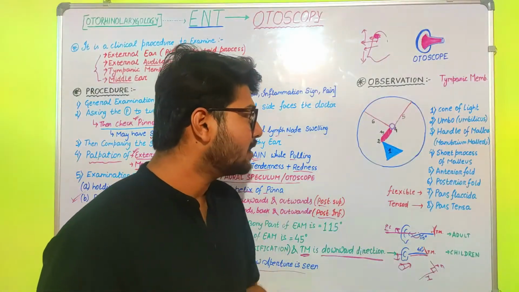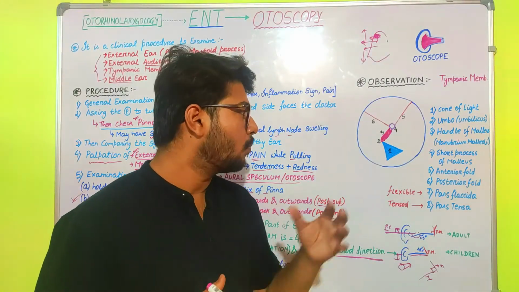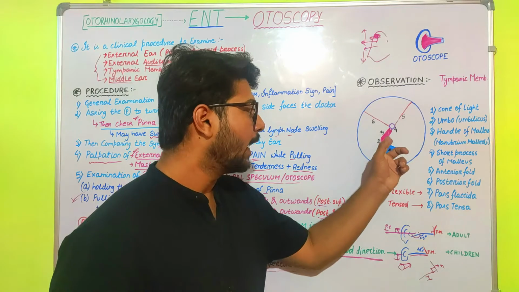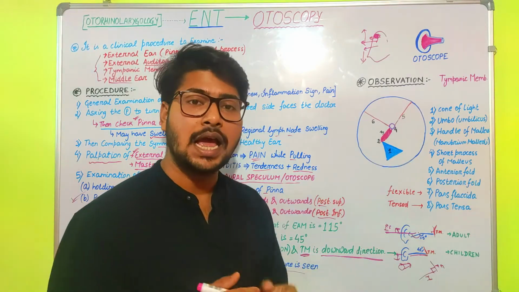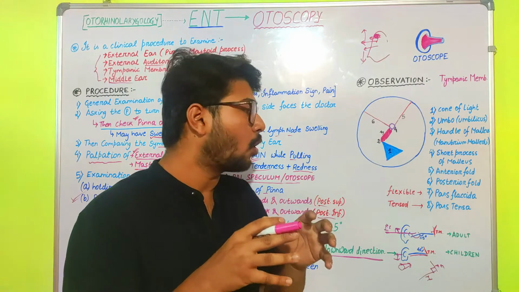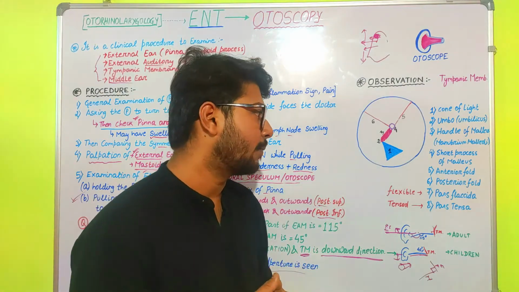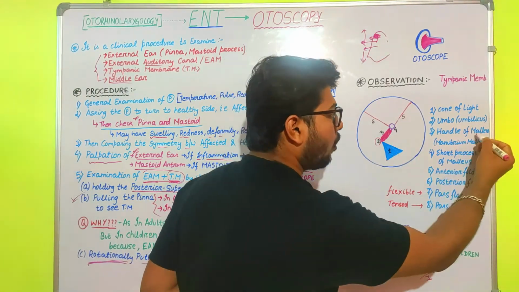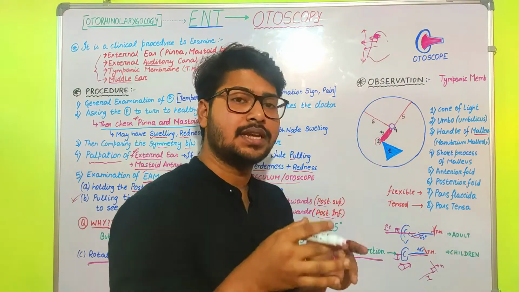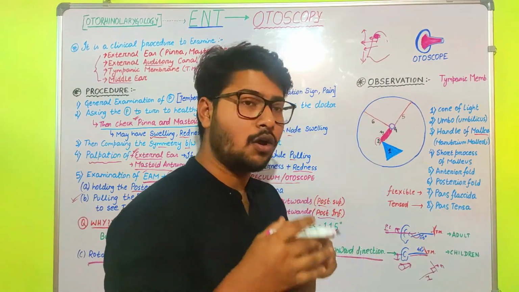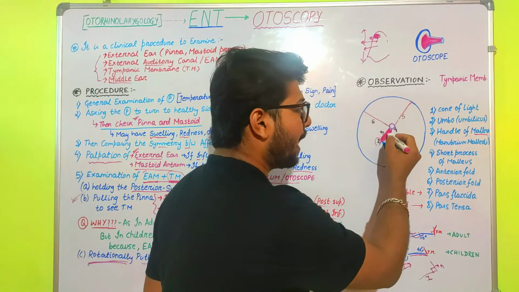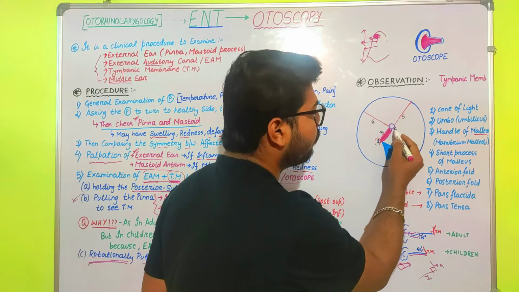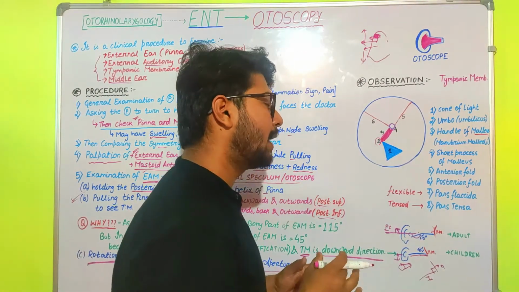The next part is the umbo. What do we mean by umbo? The umbo is responsible for the concavity of the tympanic membrane. It is present almost at the center, and it pulls the tympanic membrane inward toward the middle ear cavity. The umbo is attached to the handle of the malleus. Malleus, stapes and incus are the three ear ossicles. The malleus has the handle of the malleus, and the handle is attached to the short process of the malleus.